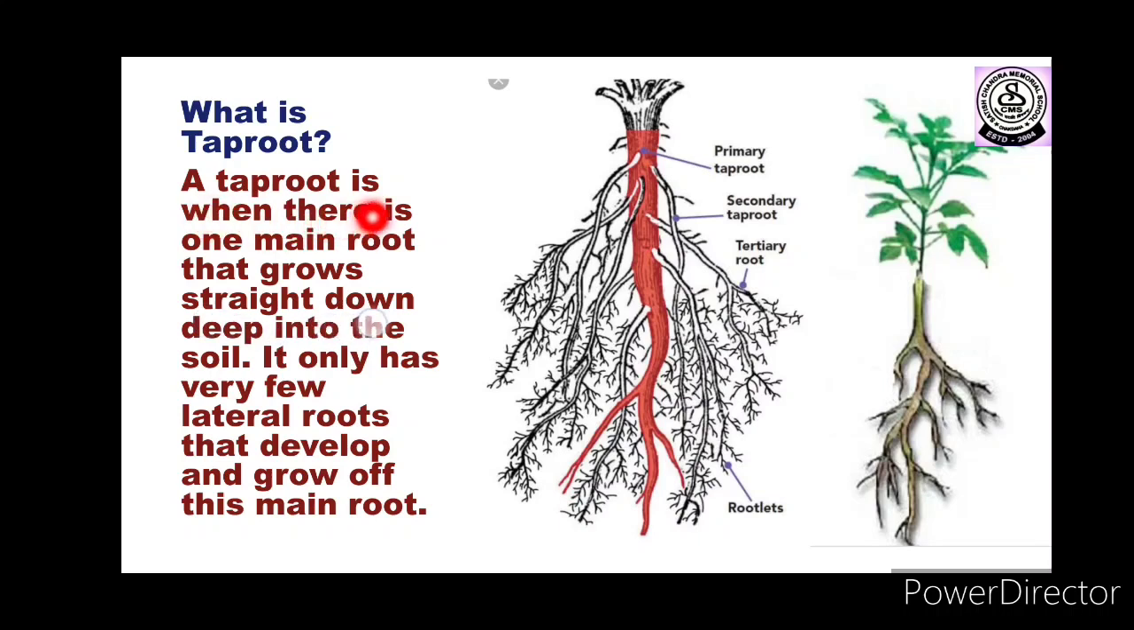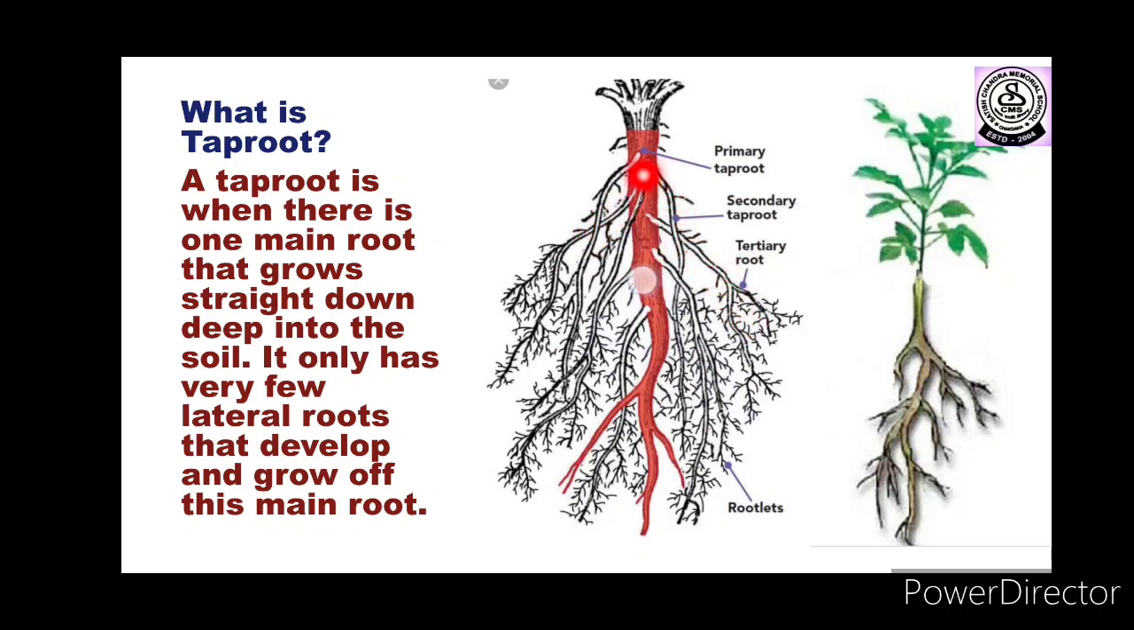A taproot is when there is one main root that grows straight down deep in the soil. It only has very few lateral roots that develop and grow off this main root. So you can see this is the root of a plant and it is having one main root. This root is called the taproot, and these are all the lateral roots or the secondary roots and the tertiary